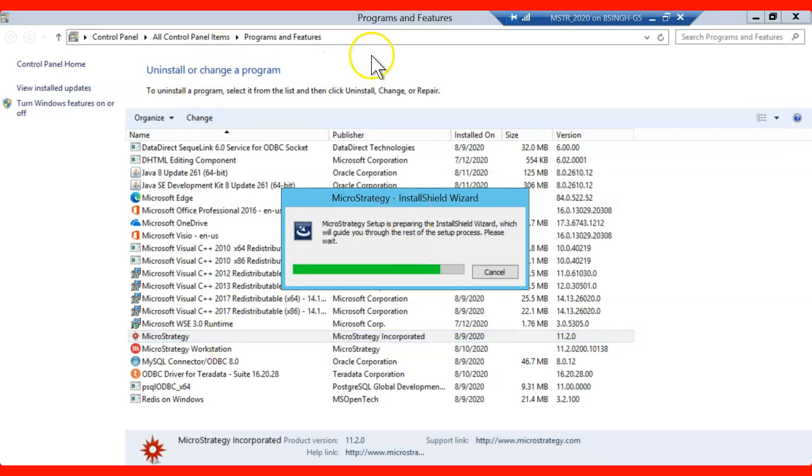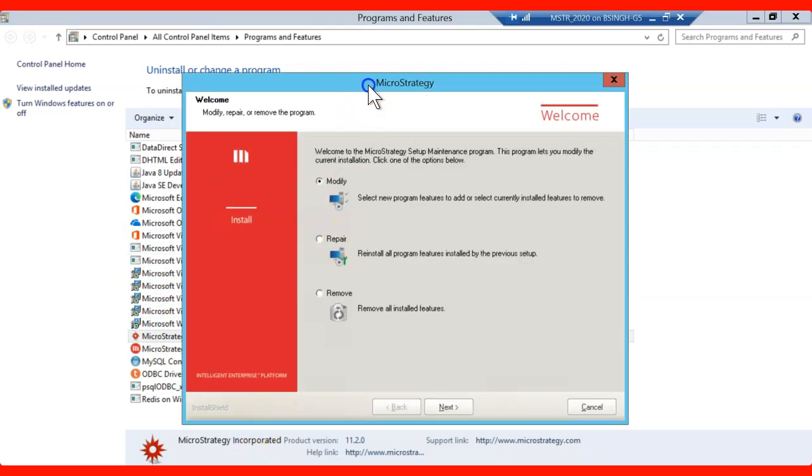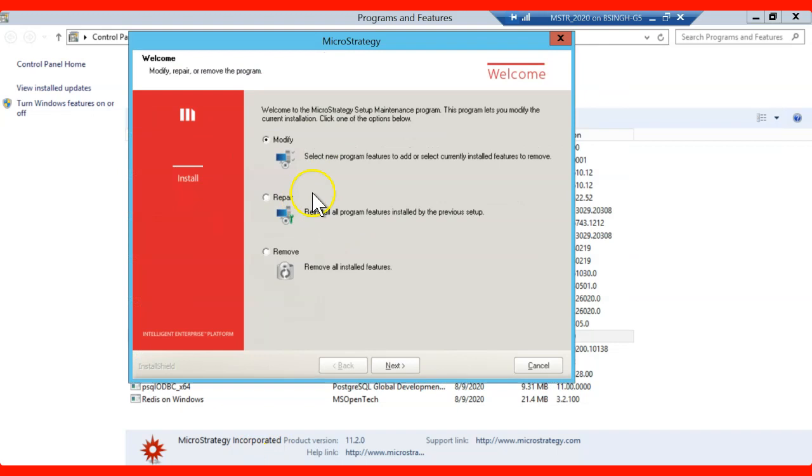So you just need to come to your Programs and Features window. You can see this MicroStrategy installer here. Select this MicroStrategy and click on change. It will give you the options. It's not going to directly uninstall, but it will give you the options to either modify or repair. Sometimes there is some issue with your metadata or your installer, so you might need to repair your installer. Also, the complete uninstall you can do from here. So our task is to modify this